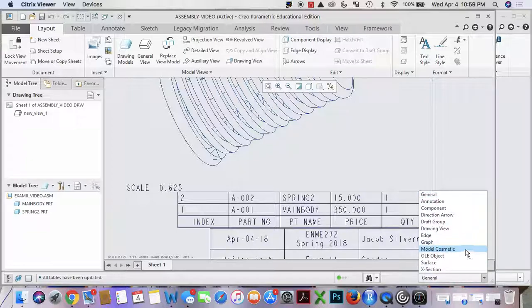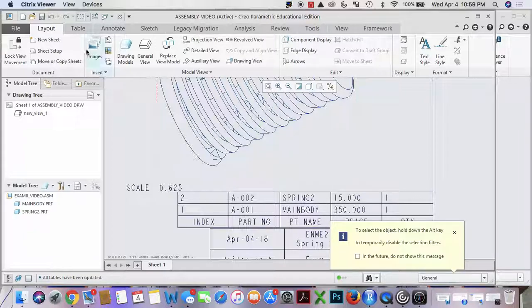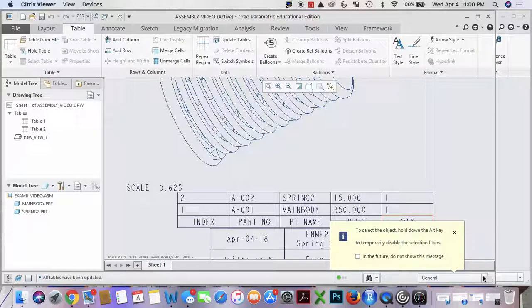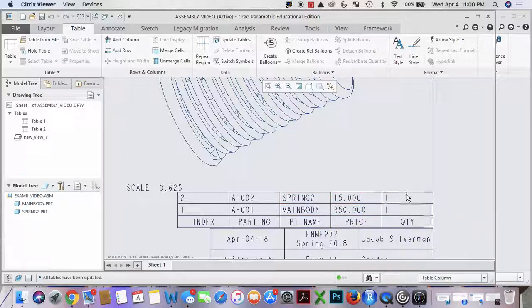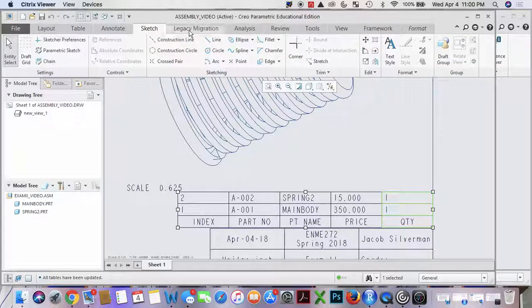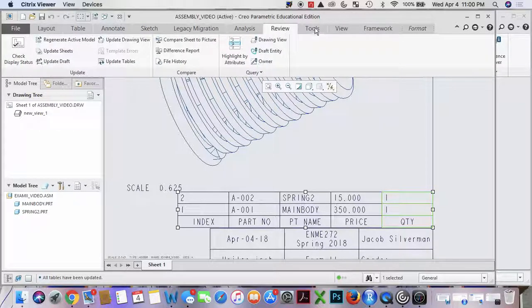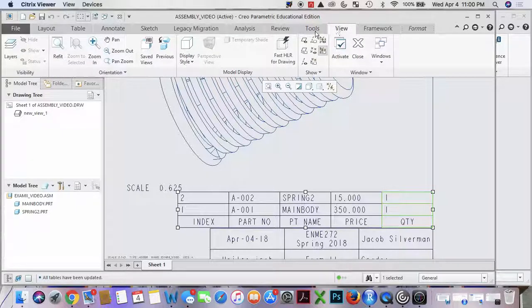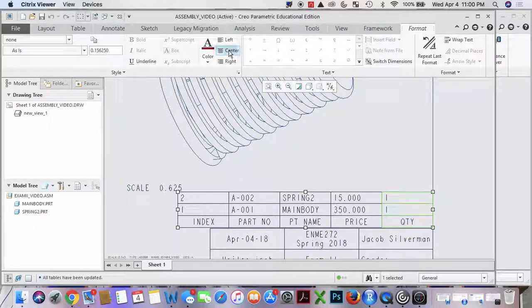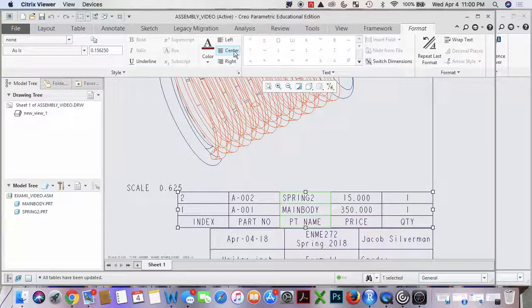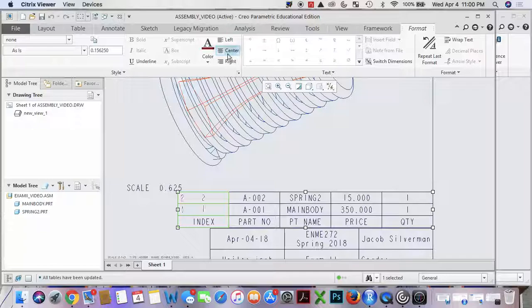Okay, so let's change this to table columns so we can edit this stuff. I'll click on that. Format, there we go. Center that, center this, center this. Now the only thing that's different between this and the one that shows up is the name is